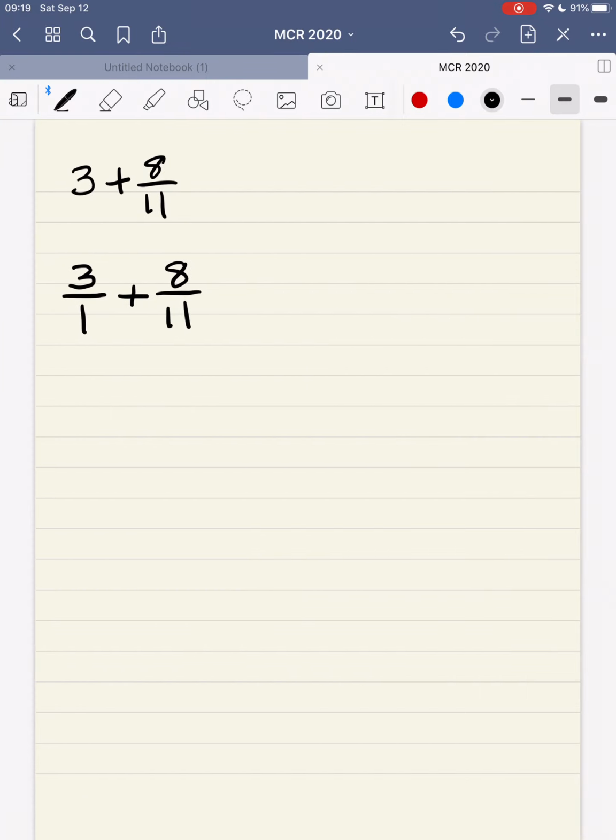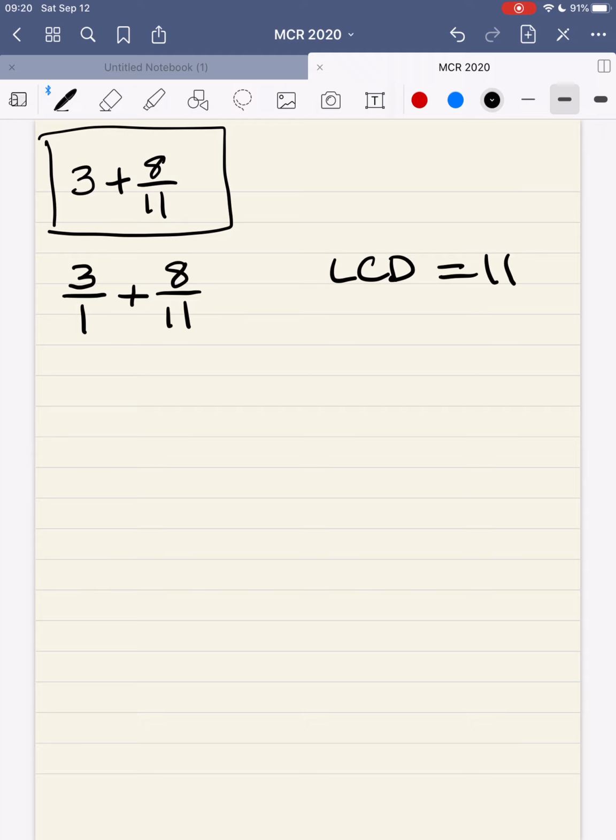All right, so here's a couple of other things here, all right? If we get a problem that looks like this, we want to go ahead and make the whole number piece over 1. Okay? That allows us to go ahead and get a common denominator and add them together. In this case, my LCD is going to be 11 because 1 could be multiplied and made into any number out there. So when I multiply top and bottom by 11, I get 33/11, and I'm going to add it to 8/11. Okay? Now 33 plus 8,